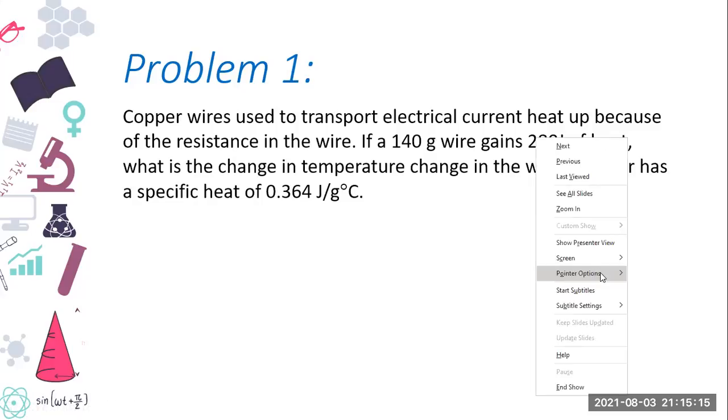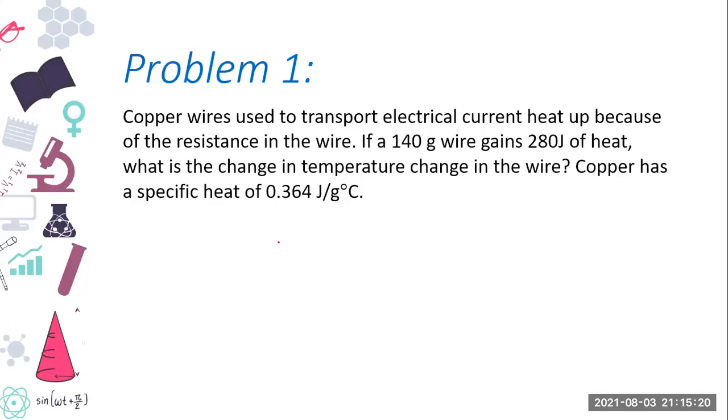So let's just get my pointer. The technique here is to really, at the onset of the problem, or when you start solving the problem, get the given. So let's check. We can see that we have 140 grams. We also have 280 joules of heat. And there is a specific heat of 0.364. So let's just write those data. So, given,